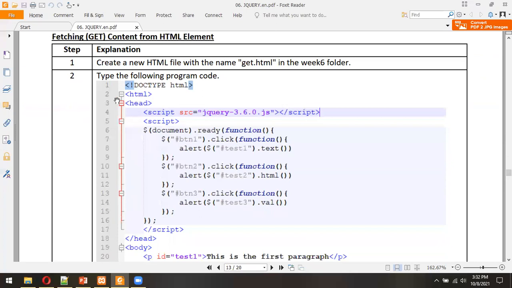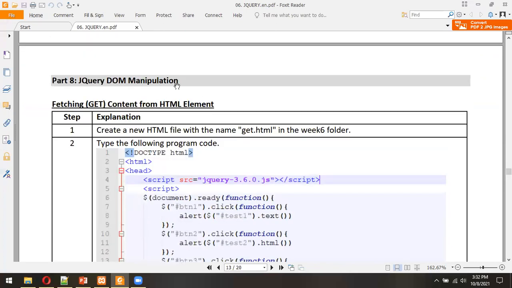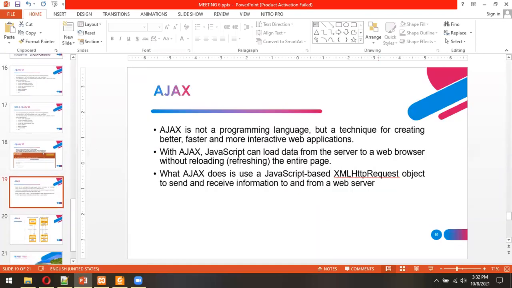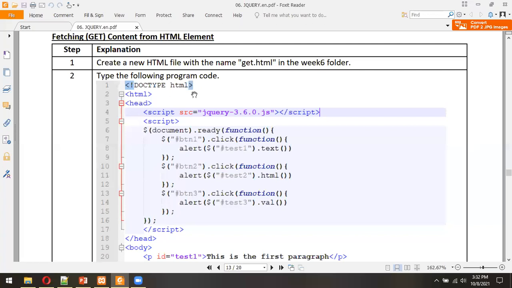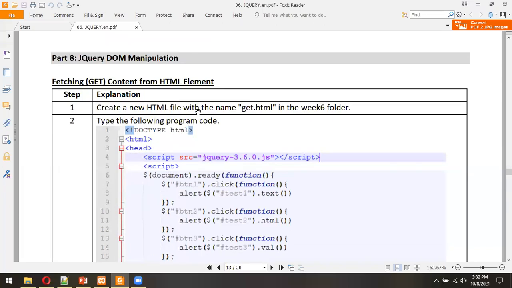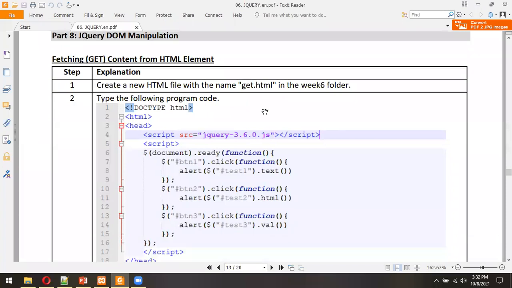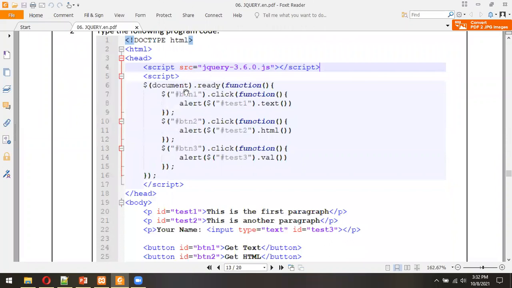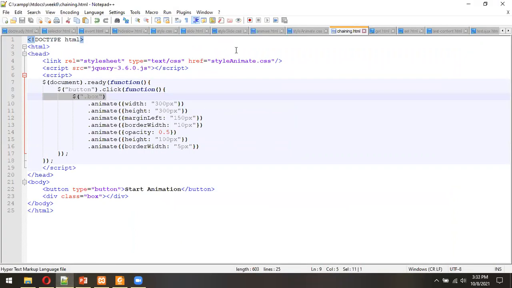So I will continue with jQuery DOM manipulation. Okay, jQuery DOM manipulation is like the one that we have learned before. It's also using the DOM to manipulate our HTML elements. So the difference is just the function. It will be more short. It will be shorter than when we are using